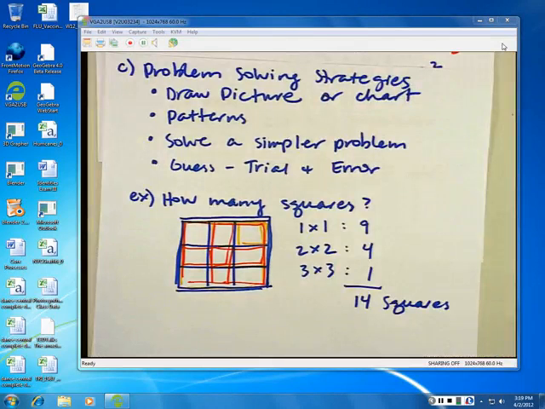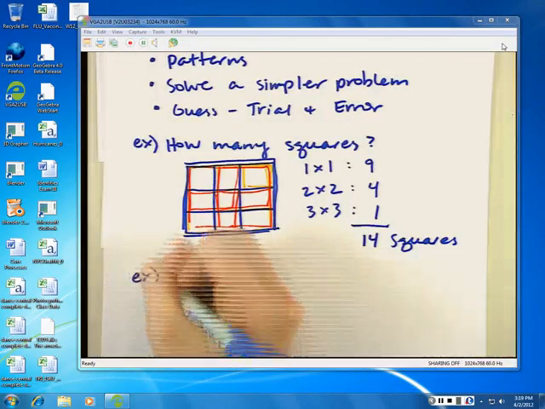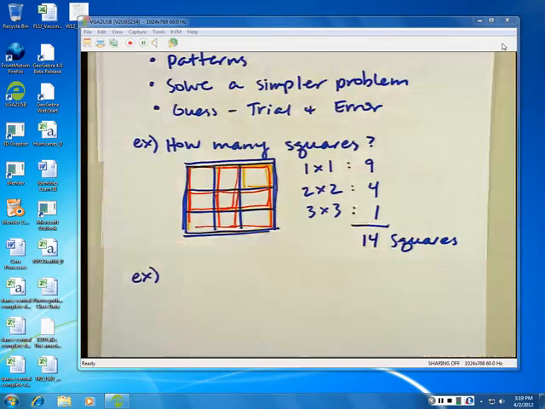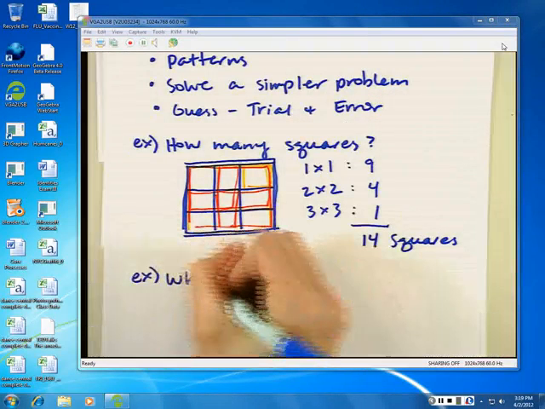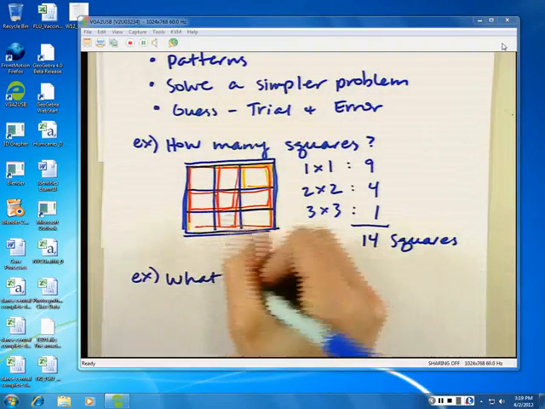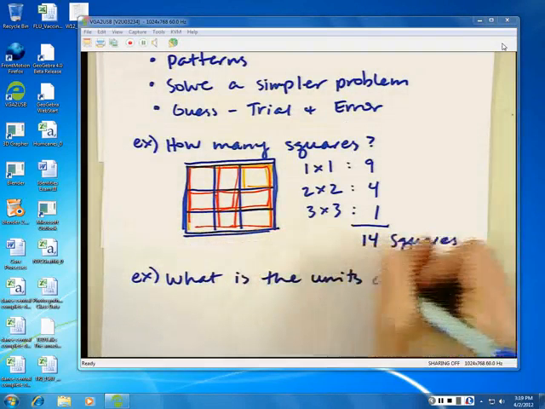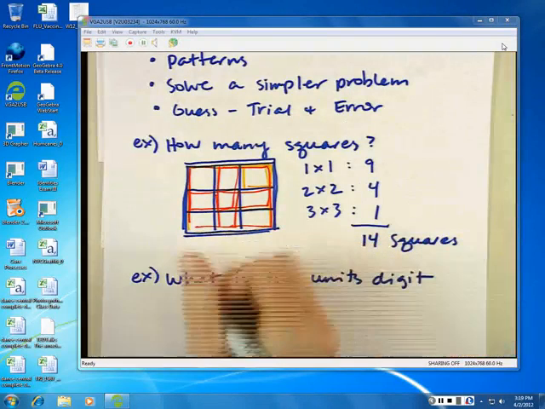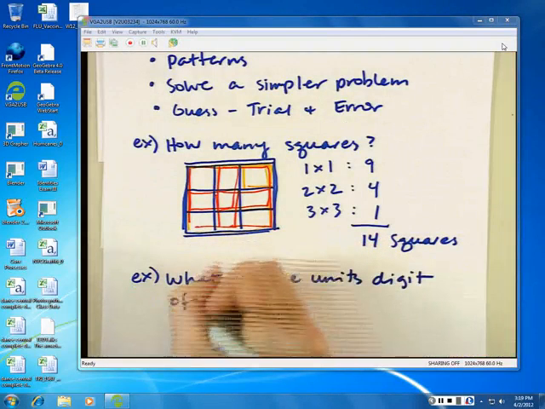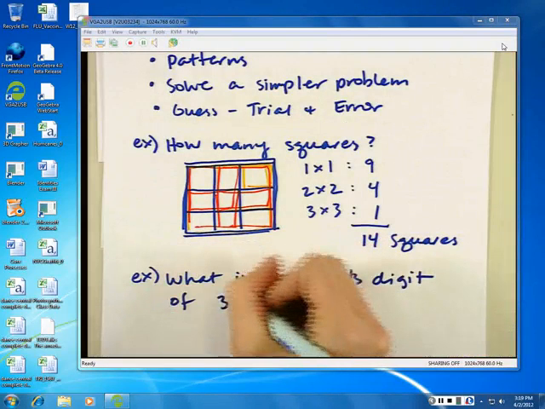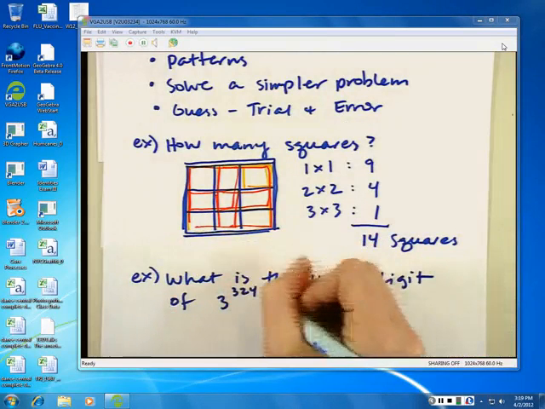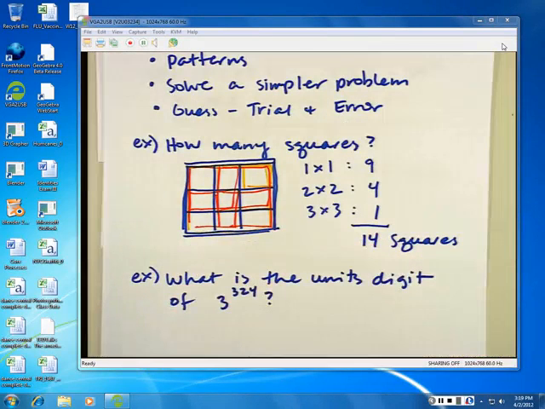Here's another type of problem that you might see in this section. There's a lot of questions about a digit of a number with a really high power. What is the units digit of 3 to the 324th? Well, the very first thing that I would do is to pick up my calculator and